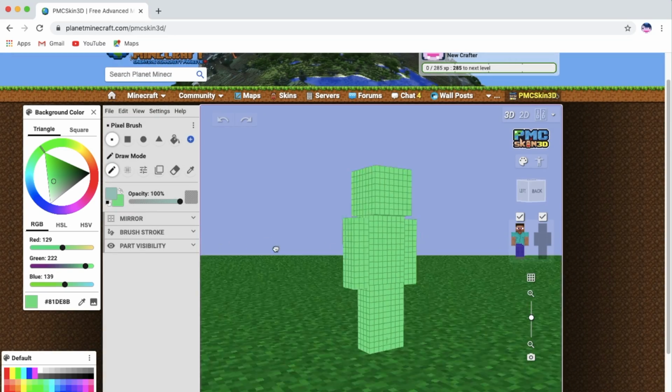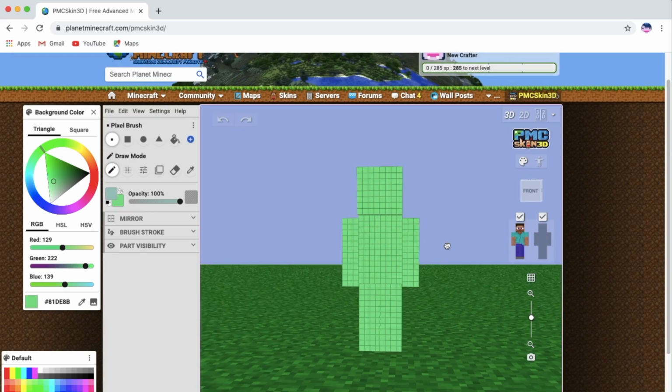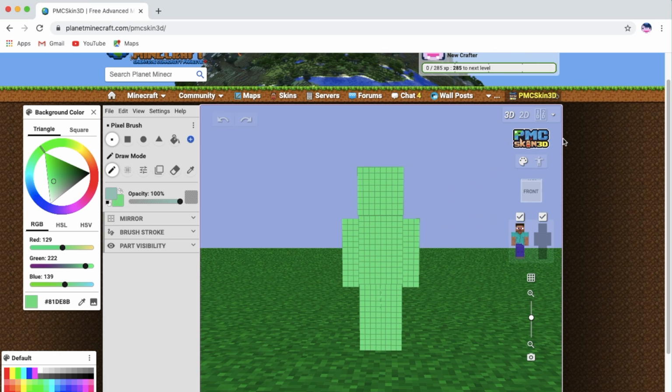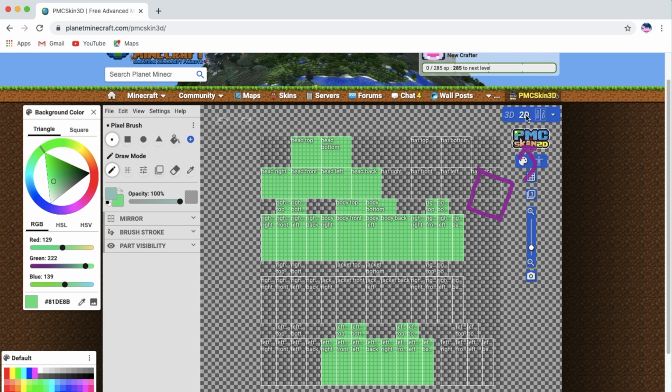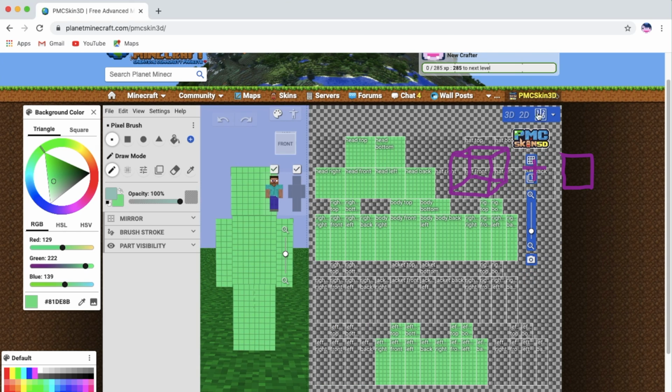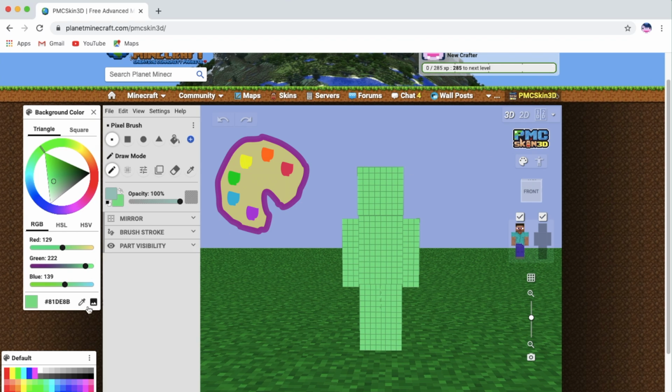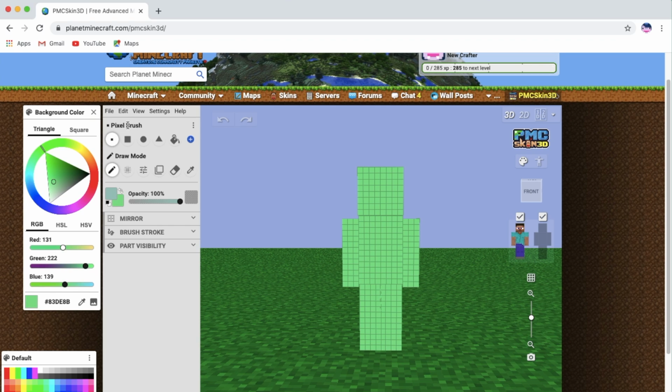Before we get started here, I thought it would be helpful to go over some of the basic tools that you'll find on the skin editor. So in this top corner, there's a 3D view, a 2D view, and a combination view, which you can use at your own discretion. I like to use the 3D view personally because it helps me kind of see the bigger picture. So right now we're in creative mode, and that means that this is sort of the studio for